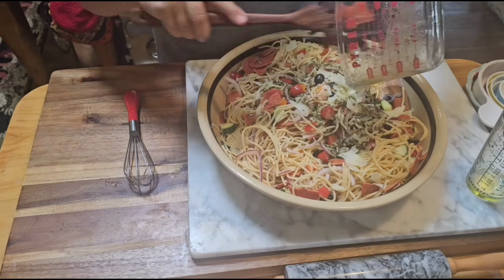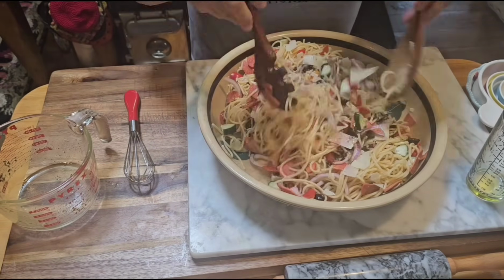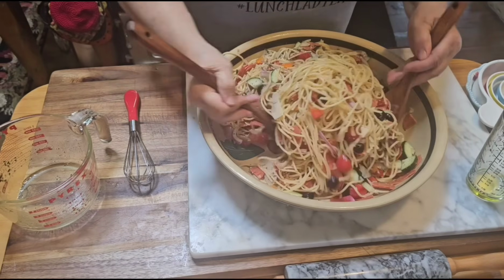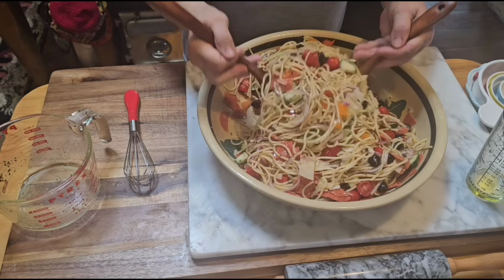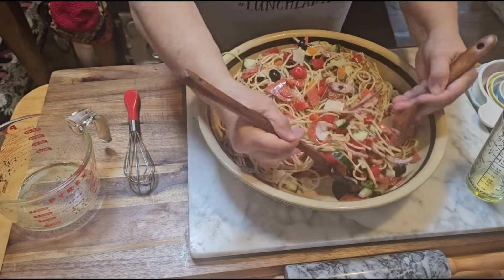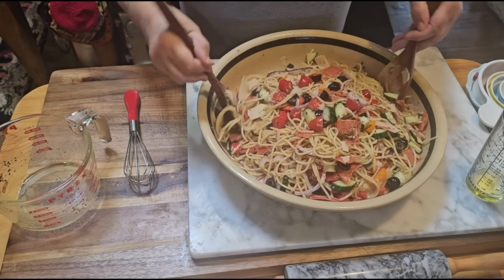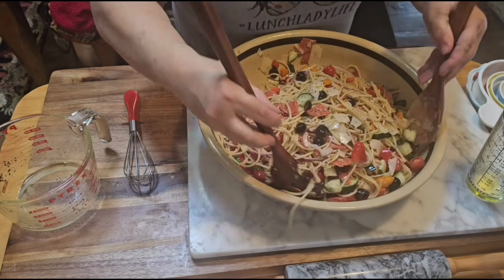Smells so good, y'all. Wish y'all could smell it. Okay, we're gonna mix this up. Now I didn't cook my noodles in oil because that would keep stuff from sticking to it, even though the dressing has oil in it. That dressing will stick to them noodles, or it seems like it does. So go to the bottom of your pan and really scoop up all the goodness in the bottom of that